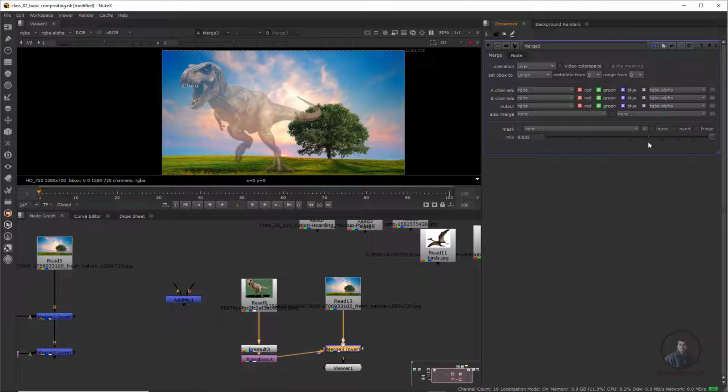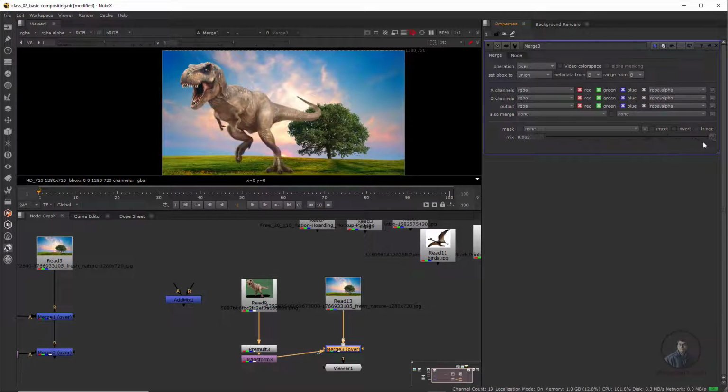So in Nuke, if you just want to adjust the opacity of any foreground object, then you can adjust it with the help of this mix value, because in Nuke there is no opacity or transparency parameter, remember this one. Okay, so if you want to adjust opacity, you can adjust it with this mix value. So this will adjust only the foreground object opacity or transparency or visibility, you can say.